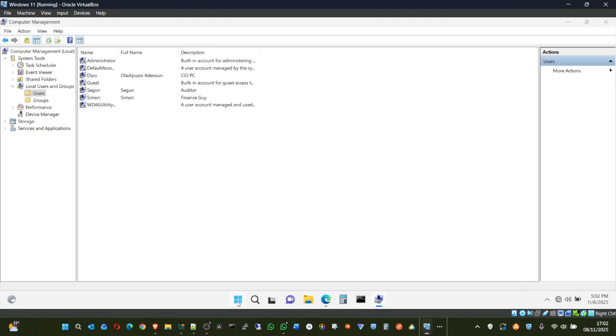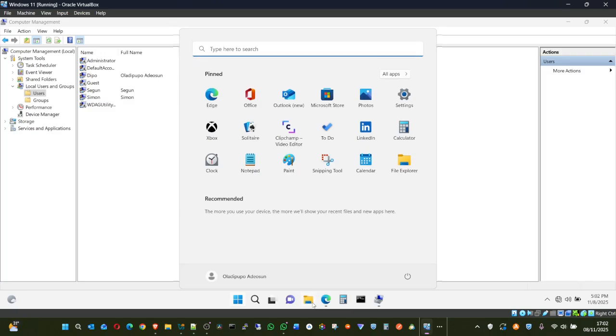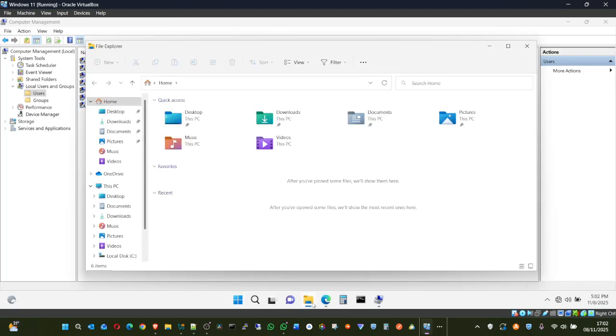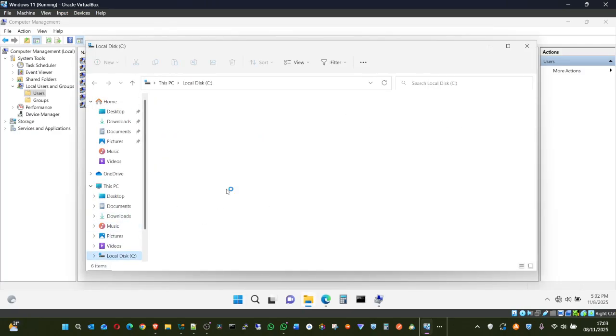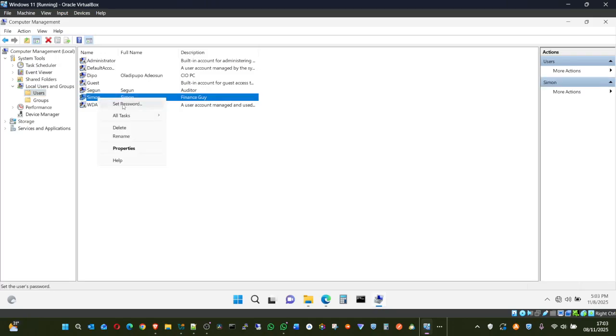For us to see Simon, you can see right here, Simon has not logged in yet. It's only Shegun and Dipo right here. But I can't even remember the password used for Simon. Let me go and reset. I click on set password.